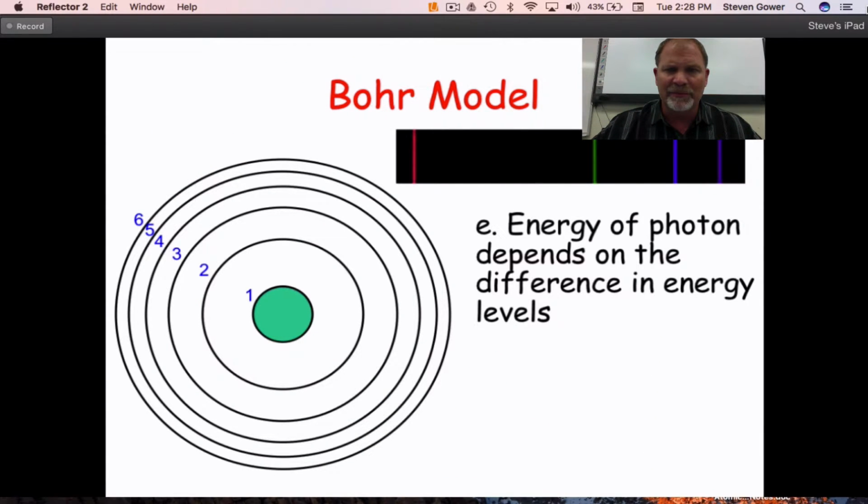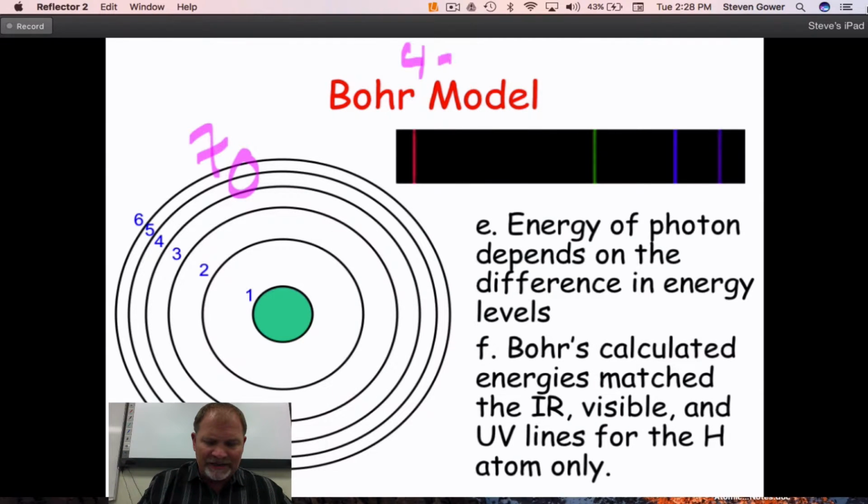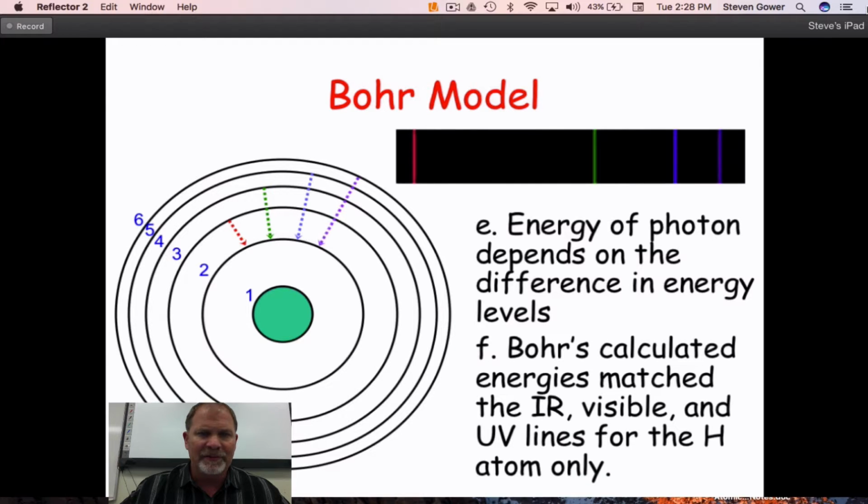Again, another example, another picture of this. Here's our Bohr model. We go all the way up to energy level 7, where these energy levels get closer and closer together. That's why we saw overlapping, right? Remember, that's why we saw the 4s2, and then we saw the 3d, and then we saw the 4p. The overlapping occurred there, and the reason is because these energy levels get closer and closer together as we move out and increase in energy. As we drop back down, these are the 4 bands of light that we actually see